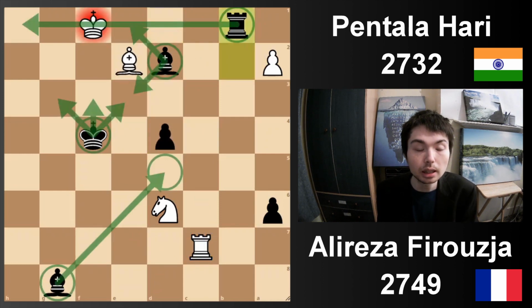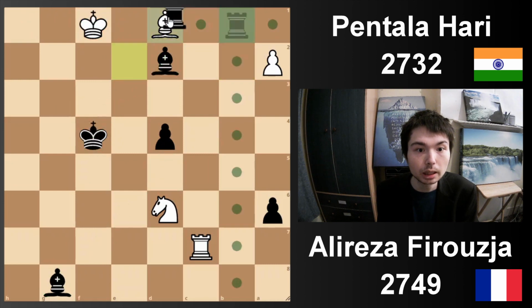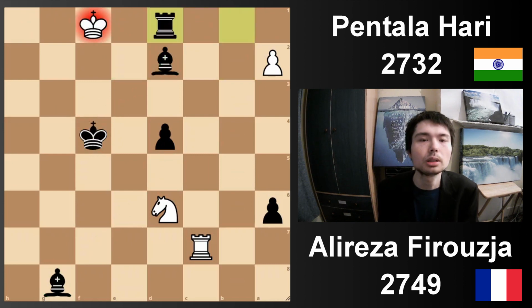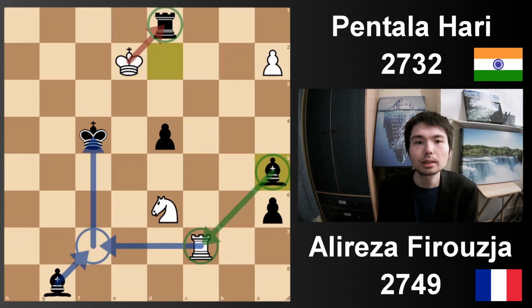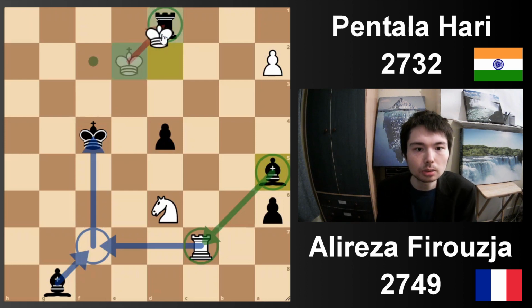The cool thing here is after bishop d1 you can play check. It looks like it doesn't work because king e2 attacks both, but there's a brilliant move here, bishop back to a5. You attack my rook, so what, I attack your rook, and we are going to be up